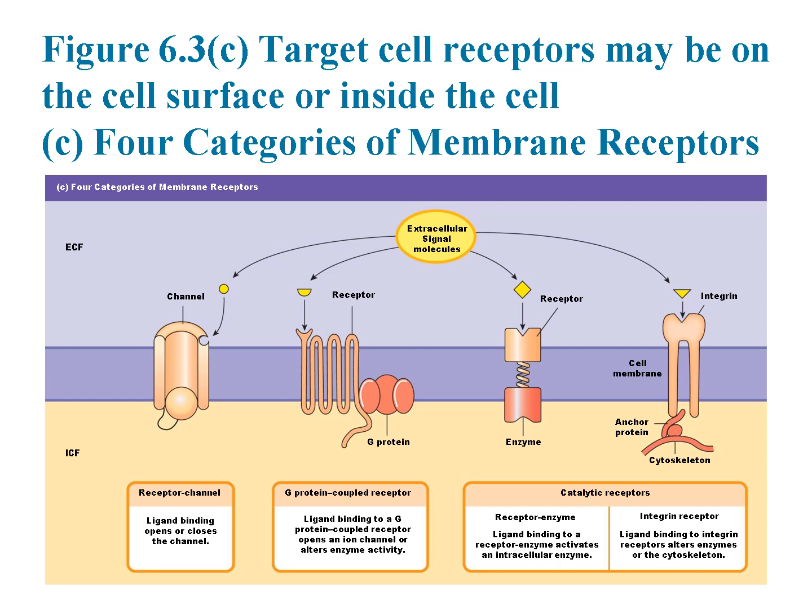GPCRs are involved in processes like sensory perception, hormone signaling, and immune responses. Receptor enzymes function by activating an intracellular enzyme upon ligand binding. Once activated, these enzymes catalyze reactions inside the cell, often leading to long-term changes, such as alterations in gene expression or cell growth. A well-known example is the receptor tyrosine kinase pathway.